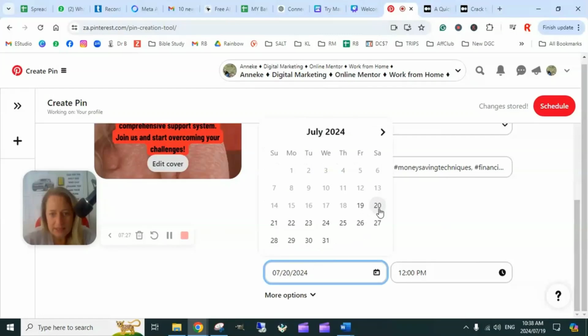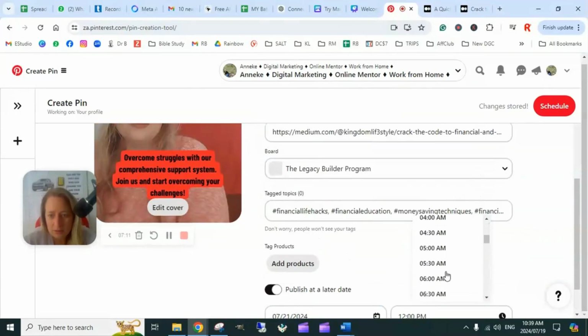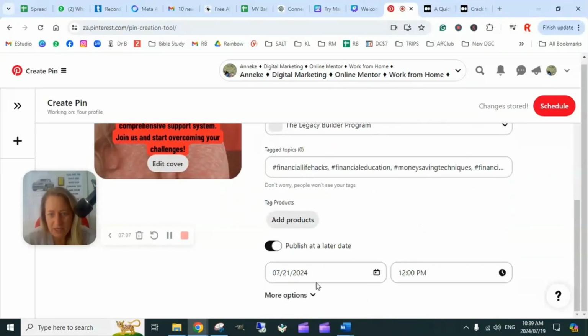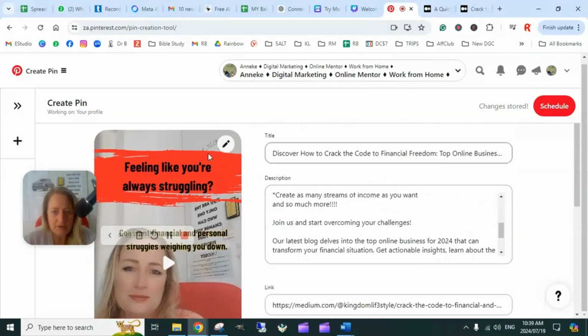Let's look at the calendar and see that tomorrow is Saturday. Maybe Sunday would be a good day because people have time on a Sunday to read, right? And I'll probably keep this on 12. I think I'm going to keep it on 12 p.m. And there we go. And that is literally how you take content that you have already created